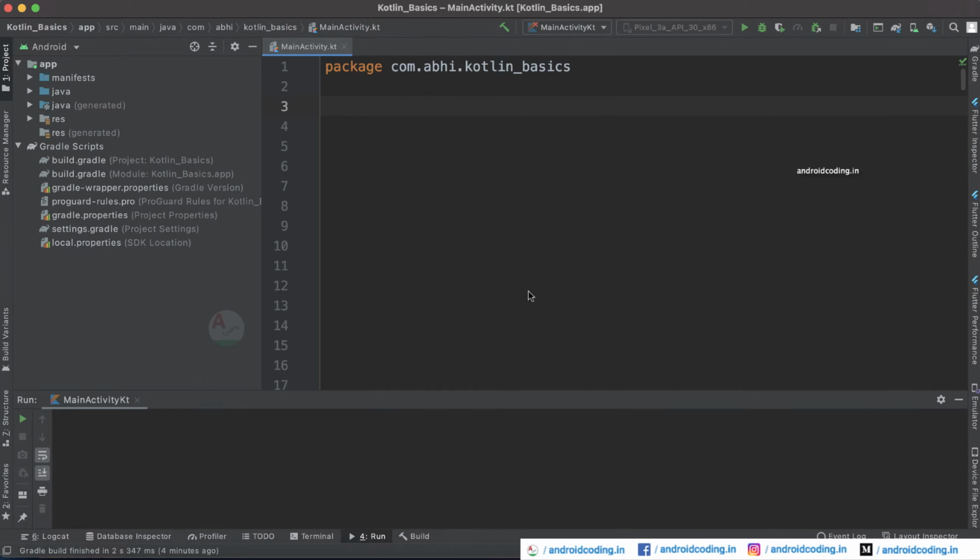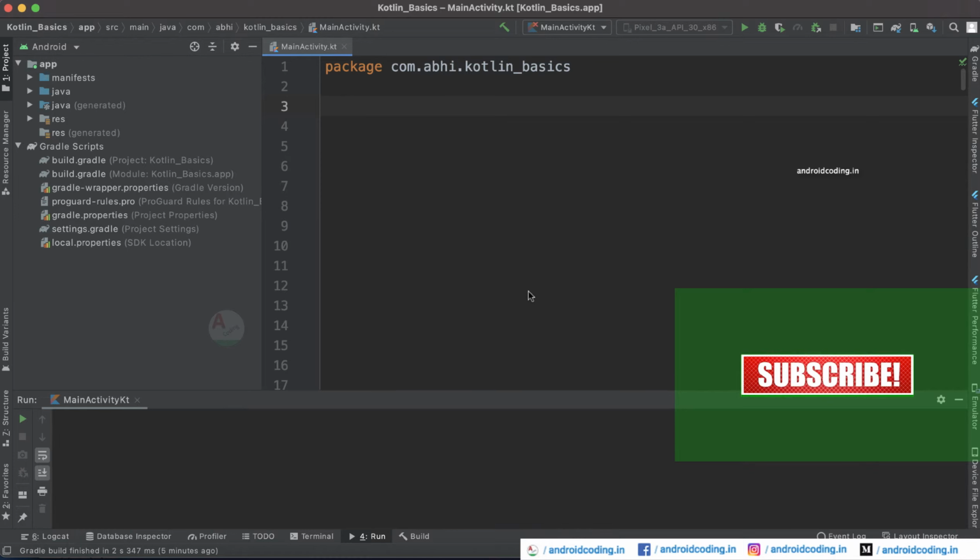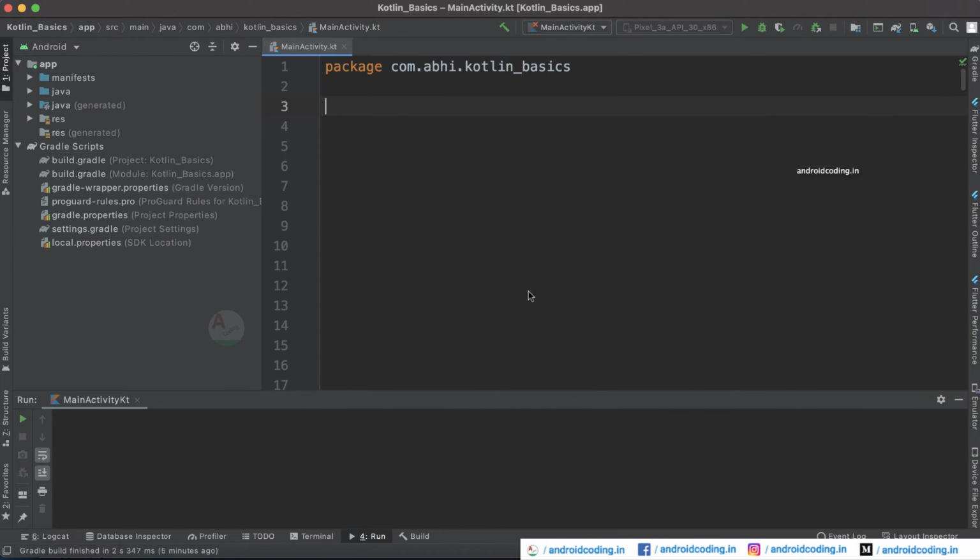In this vlog, we will try to see the concept of maps in Kotlin programming. Maps are used to retrieve data in key value pairs. This is a very easy way of retrieving data based on the key. You will be passing the key and retrieving the appropriate value assigned to that particular key. Now let us see an example so that you will get a good knowledge of this concept.